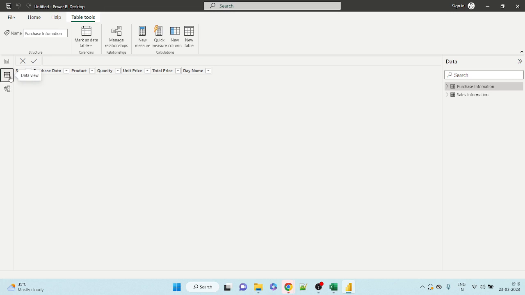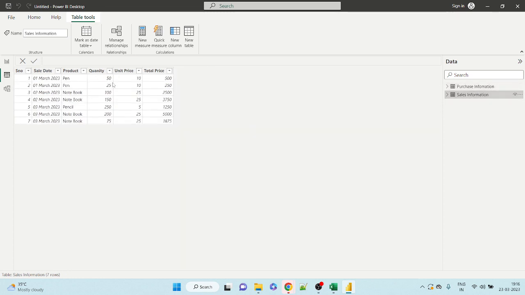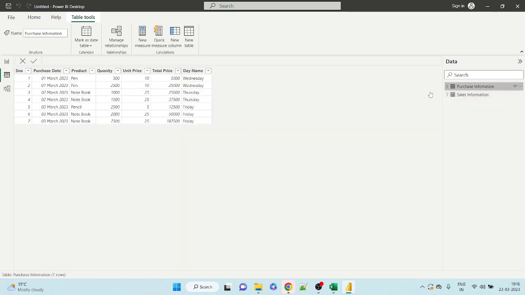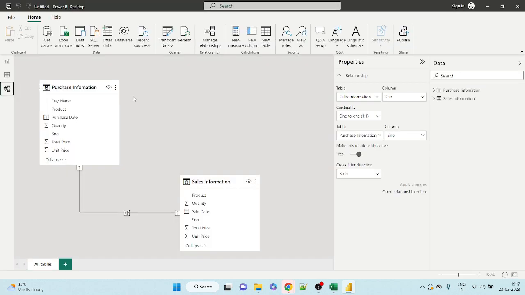See, I'm going to data view. See guys, on the right side, whatever names we have given in Power Query Editor, purchase information, sales information, with the same names we have our data in data view. And now, one important thing, go to data view. Data view will contain 2 entities, purchase information and sale information, along with these attributes. And there is a relation created between purchase and sale information. If I select that relation,